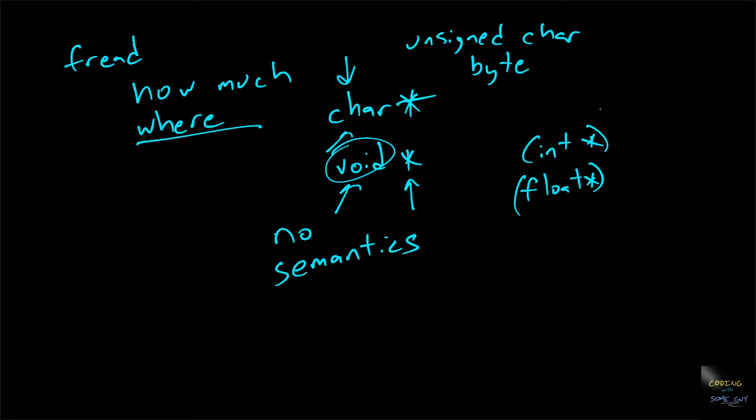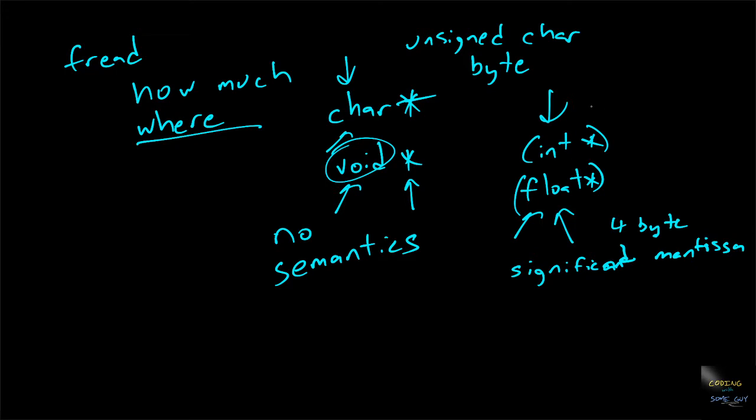And if I throw an int specifier or a float specifier on it, I'm hinting to the compiler that on most systems we're dealing with nowadays, these are going to be 4-byte chunks, and each one of them is going to follow float rules. So I'm going to have the significand and the mantissa, and I'm going to follow float semantics. With an integer, it's just numeric, round numbers.